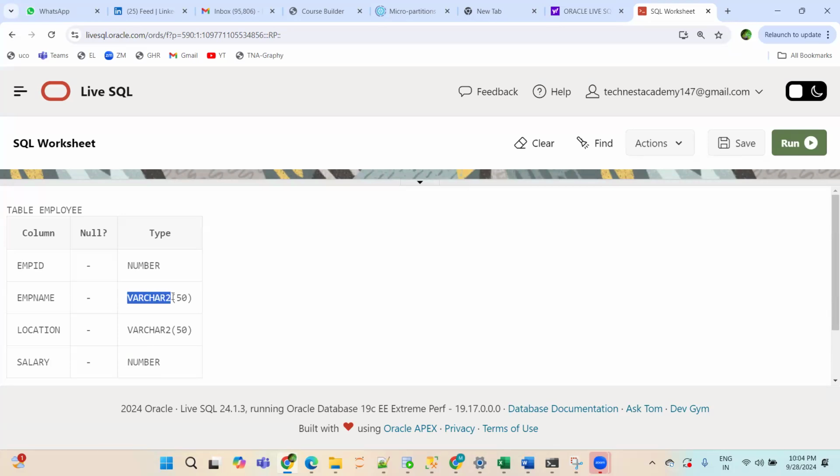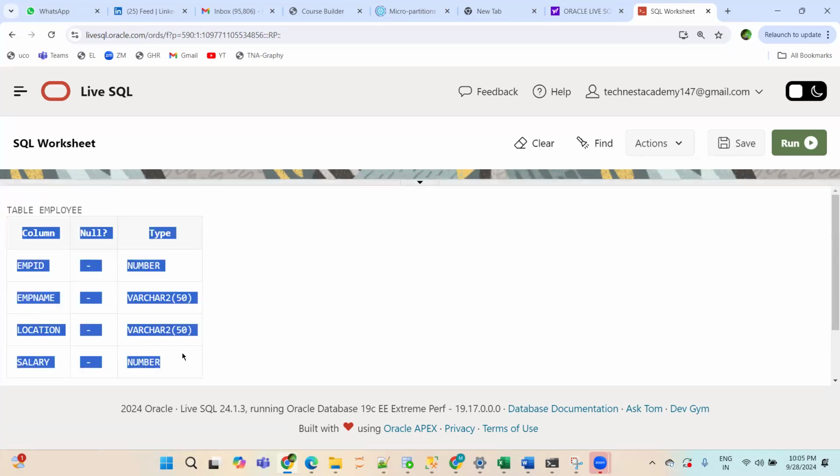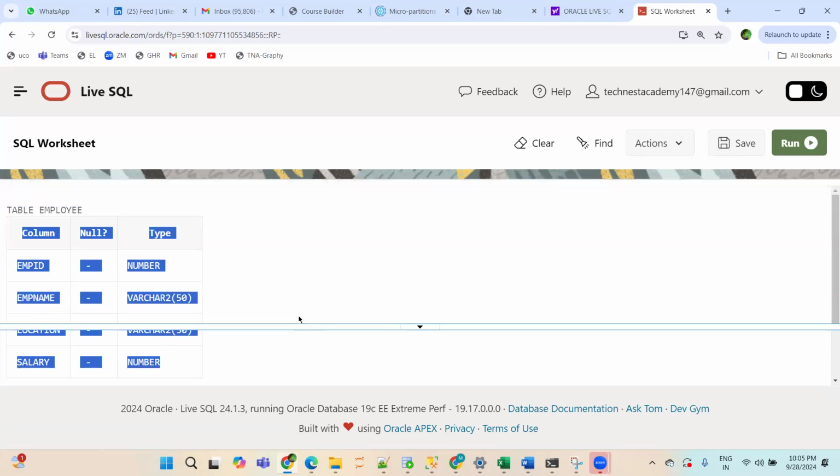This is varchar 250. Either you write varchar 50 or you write varchar 250, both are one and the same. If you want, after the class, give it a try. Instead of varchar 50, give varchar 250. That will also work. So this is the proof that the table has been created. Is this point clear?